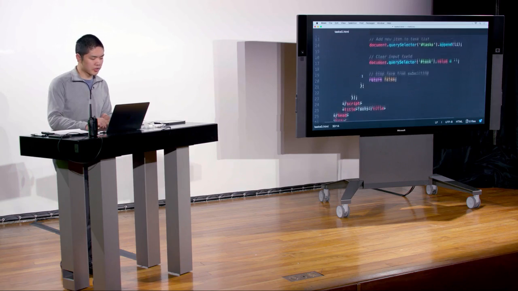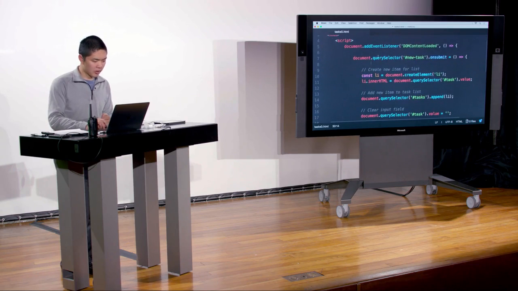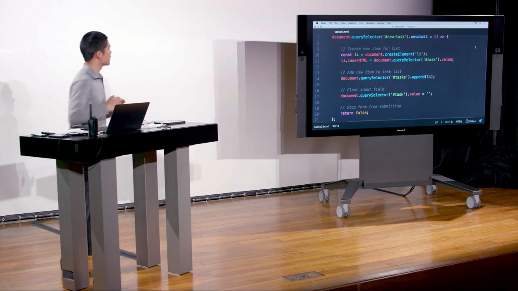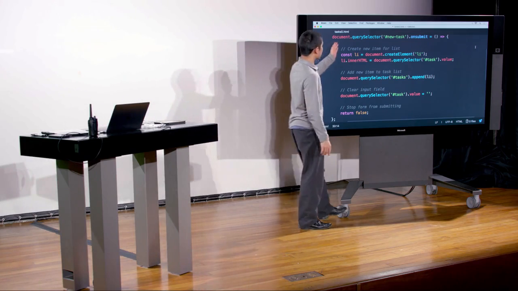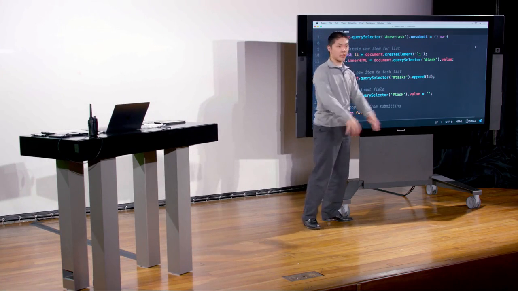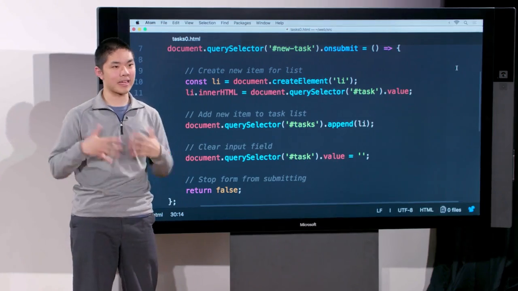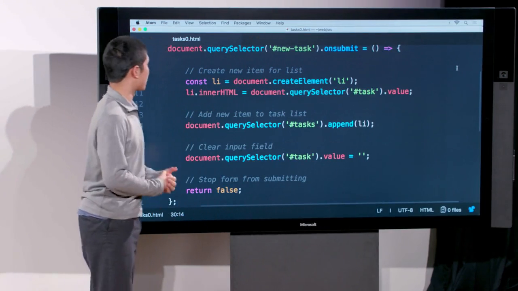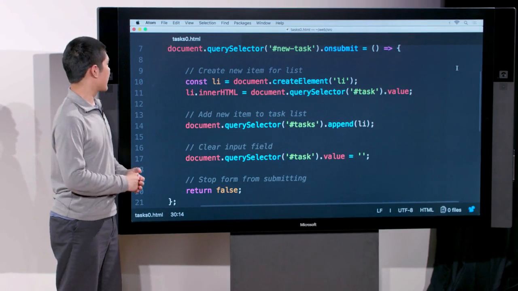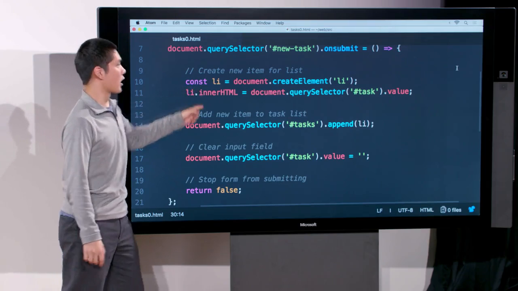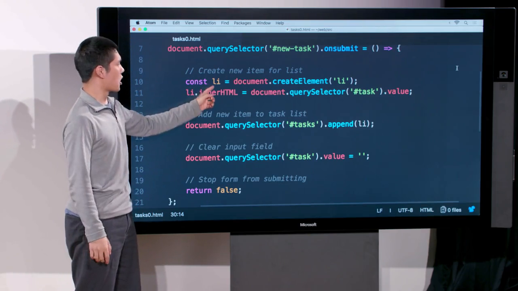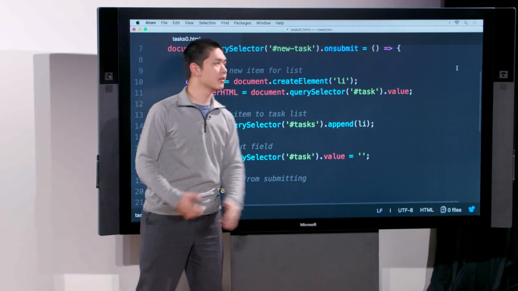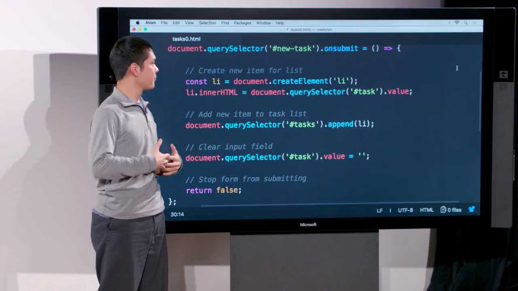So what is the actual JavaScript code now that makes all of this happen? So when the DOM content is loaded, here is what I'm ultimately doing. Let's take a look at this code. So document.querySelector new task. New task is the ID of that form, the form that contains the input field and the button for submission. When I submit the form, here is the function that should run. All of this code enclosed in curly braces. I'm creating a constant variable, constant inside of this function at least, it's not going to change, called li. And I'm setting that equal to document.createElement li. So I'm creating a new element, and the tag of that element is going to be an li tag,